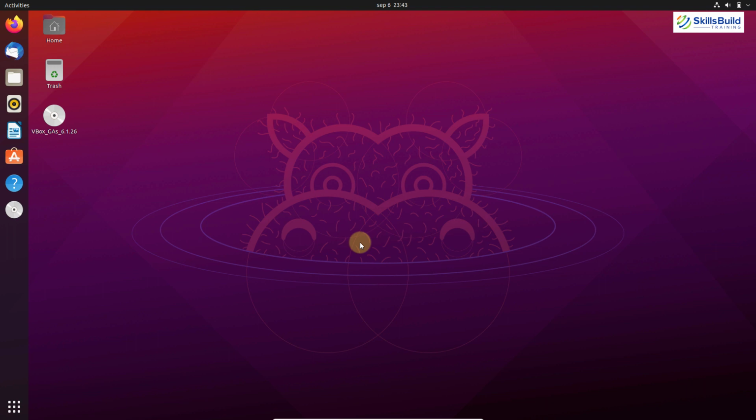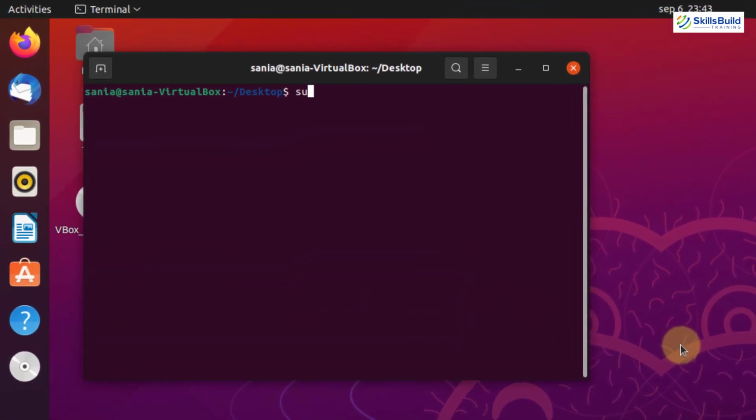Now let's talk about the 15 things that you should do after installing Ubuntu 21.04. The first thing that you should do is download and install the latest updates. This is the first thing that you should do whenever you install a new operating system on any device. So for that, open your terminal and write sudo apt update and then hit enter. It will ask for your sudo password.